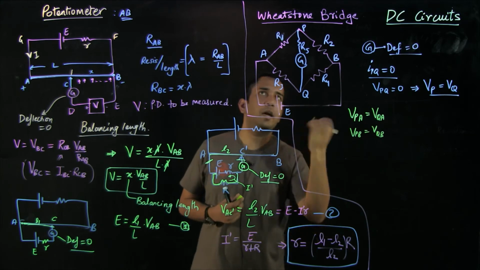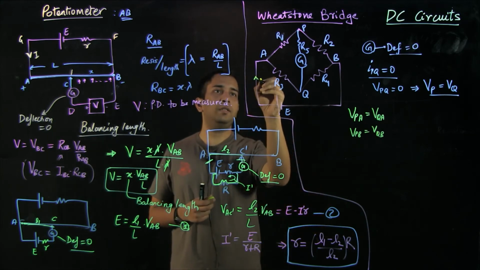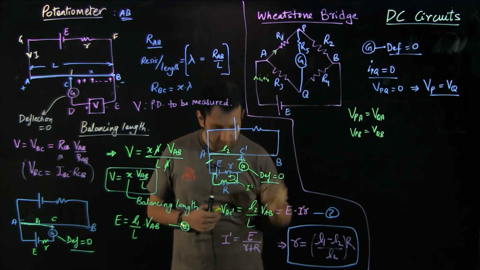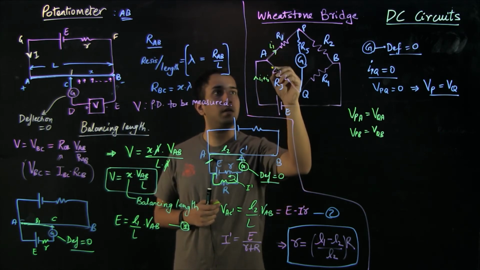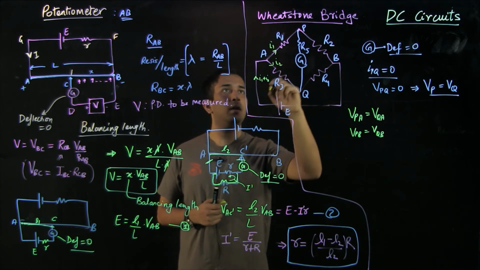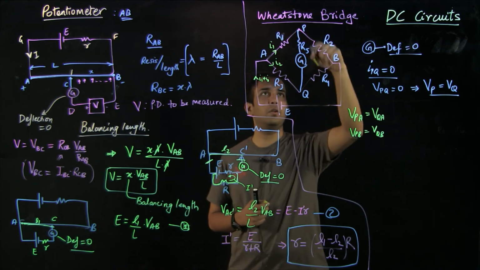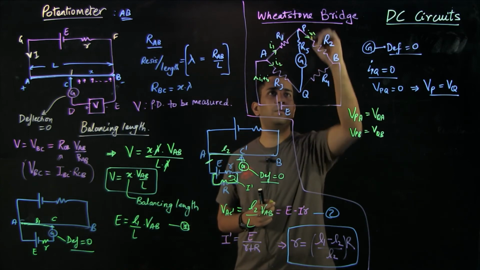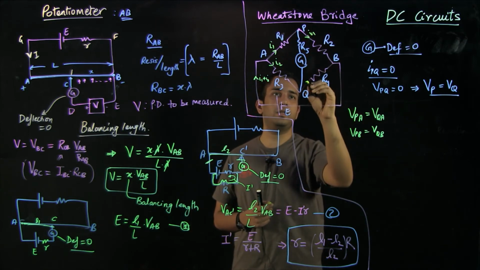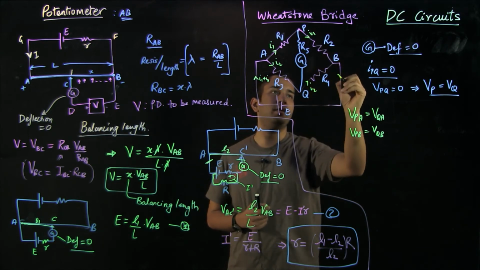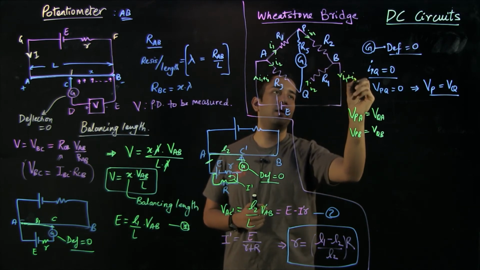So let us try to find out these. Let's say I have I1 plus I2 coming in. So I1 comes here, I2 comes here, and because the current in this one is 0, I1 is going, and the same I1 is coming from here, and because in this it is 0, I2 is coming from here, and again using the junction law we can say that I1 plus I2 is coming back.